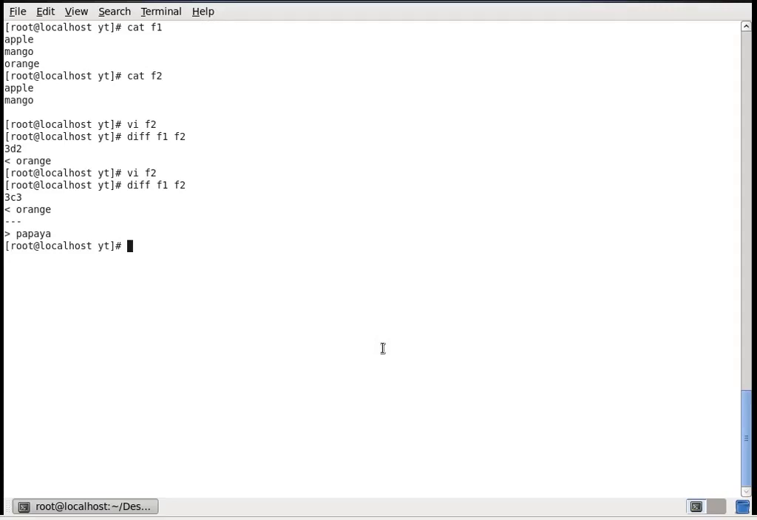the 3c3 refers to the format of the diff command. The output format of the diff command will be something like this: a numeral followed by a character followed by a numeral. There are three major characters in the diff command output you have to understand: A, D and C. A means add, D means delete, C means change. So the output of this diff command is saying that